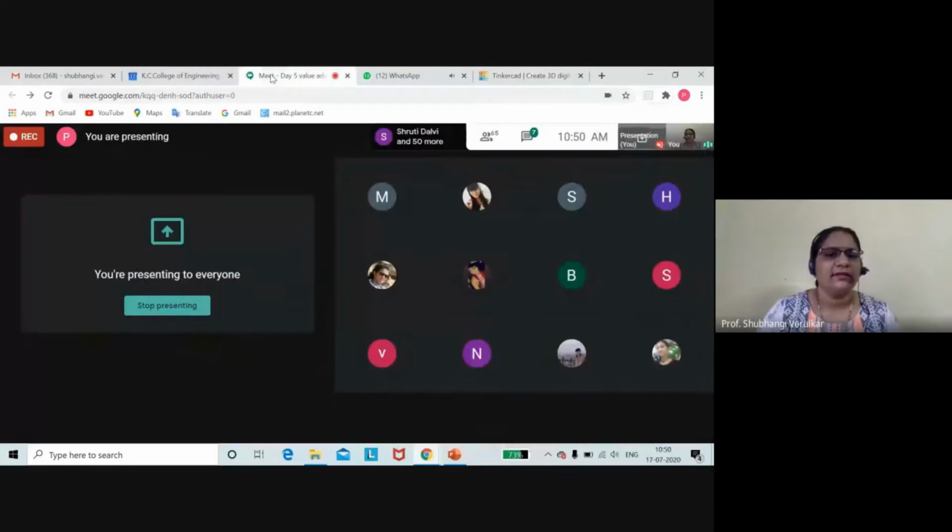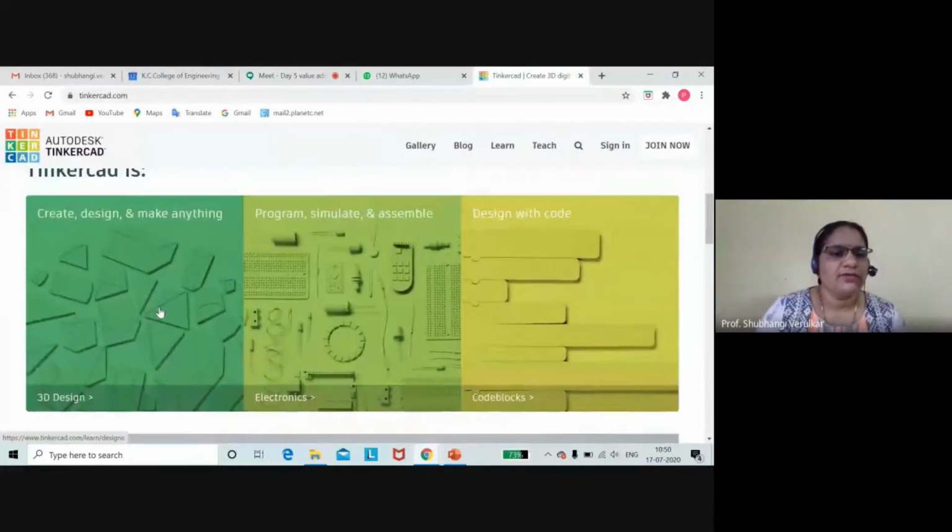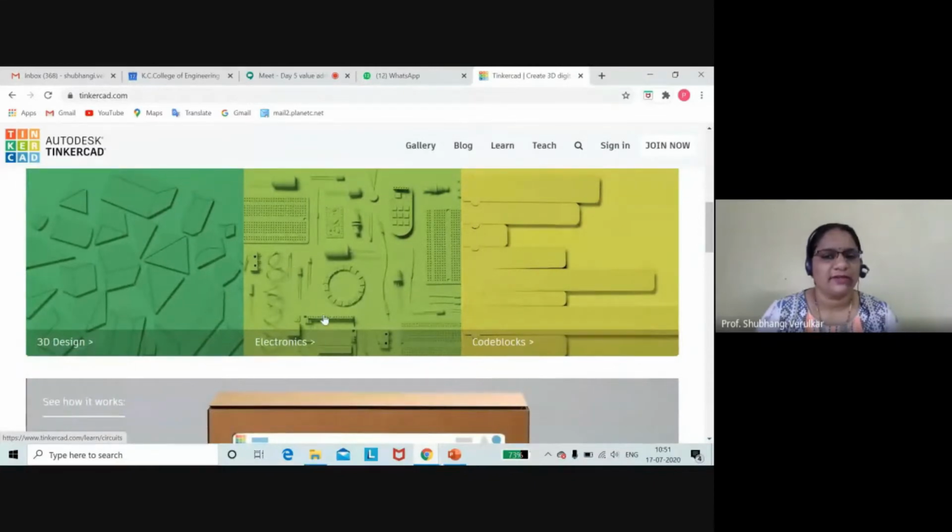Then you have the option program, simulate and assemble. Right now, as we have to develop a circuit for an electronics product, program it, simulate it and assemble it, we are going to work on this second option, that is for electronic circuits.